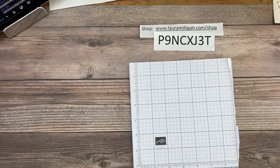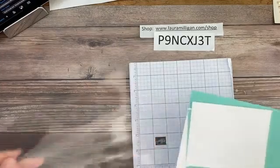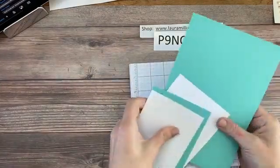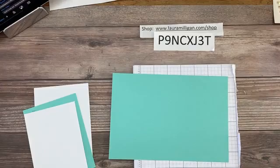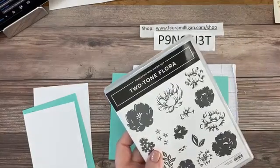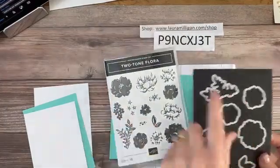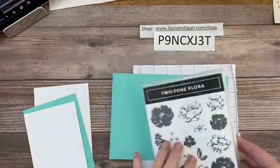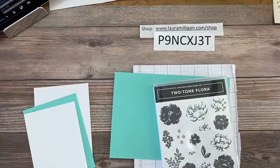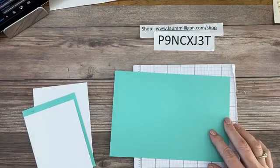I'm going to start with a technique I call a tile technique. I'm not really sure what it's called, but that's what I call it. I'm starting with this beautiful Coastal Cabana cardstock, and let me show you the stamp set. This is the two-tone Flora. It is a 2-step stamp set, and then these are the dies that coordinate with that. There's another die, which I have all put together for my second project, but I'll show you that in a minute. So I'm going to start with just scoring,